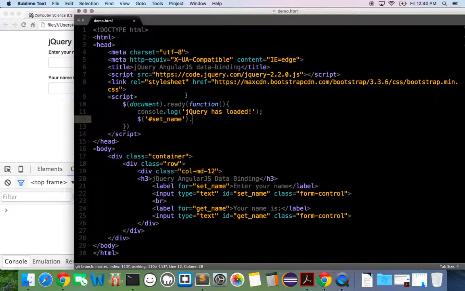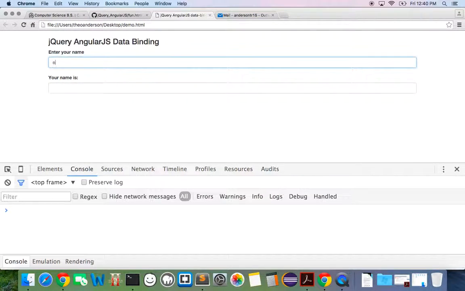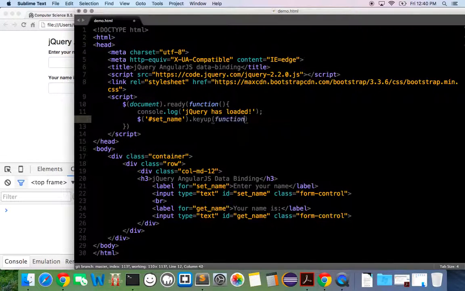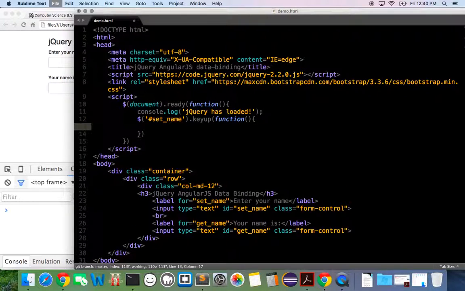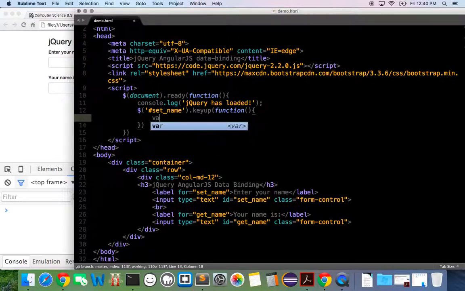We have that. Okay. And then we want to say keypress, or not keypress, keyup, which means once they've pressed a letter like E and released it, then that's considered a keyup function. So that takes in a function. So once they've done that, the keyup, so they push down and let up, give it a function. What do we want to do? We want to bind whatever they put. We want to create a variable called result. Or maybe, so it's more logical, var typed, whatever the user has typed. We want to set that to be equal to,